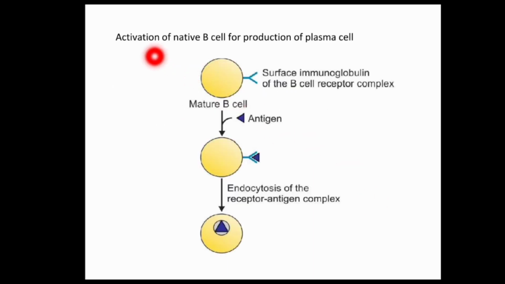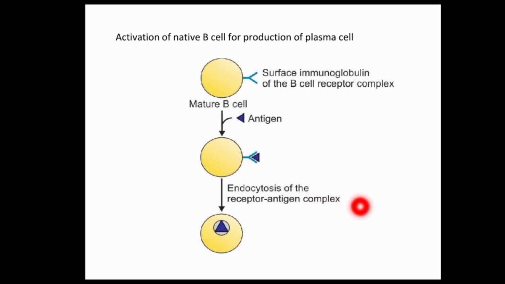Here you can clearly understand the activation of naive B cells for production of plasma cells, and how the plasma cells produce antibodies. First, this is the mature B cell, which contains the immunoglobulin of the B cell receptor complex. The surface contains a surface immunoglobulin of the B cell receptor complex. When an antigen binds with the surface immunoglobulin,